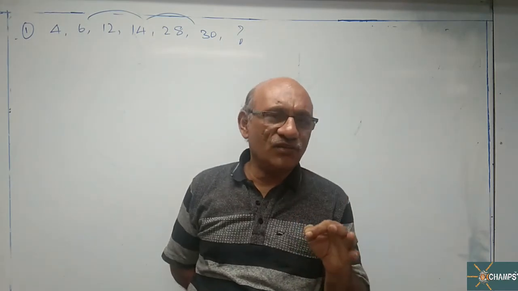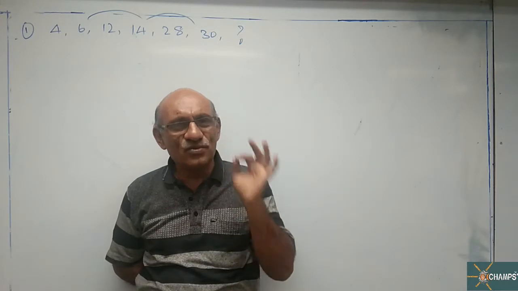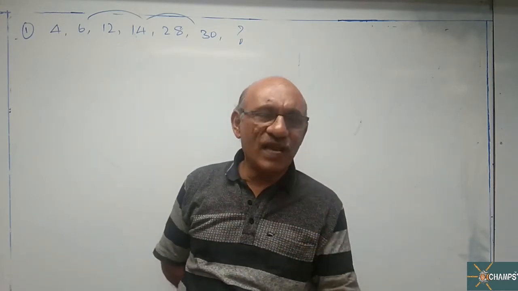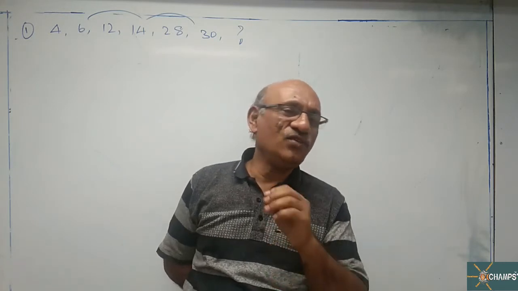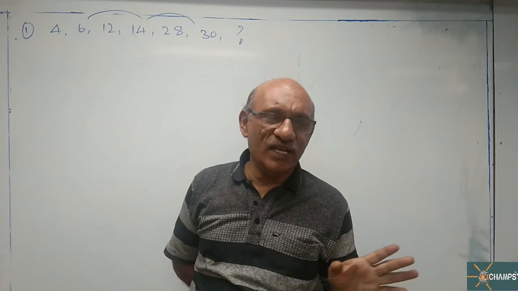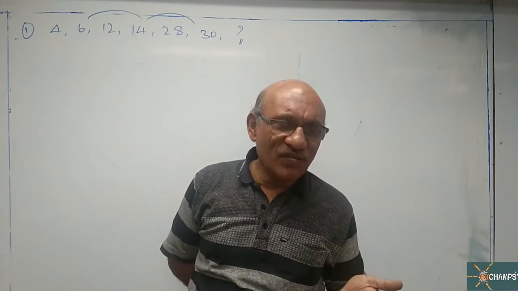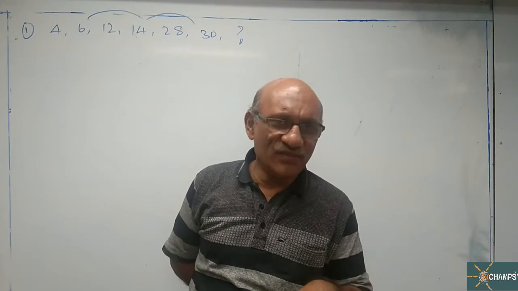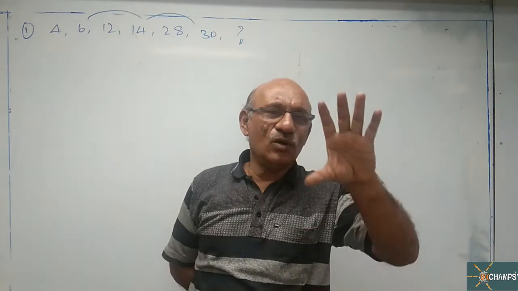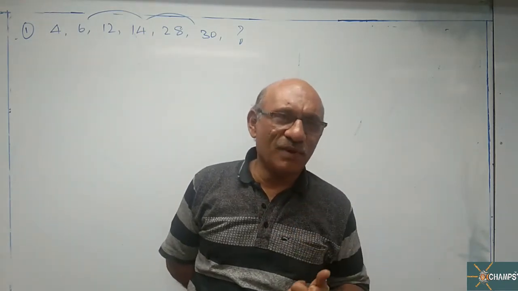As and when a question is given, think in this manner. Can I write the given numbers as a perfect square, the square of any natural number, otherwise the cube of a natural number? Otherwise, is it a factorial series? No. Is it a prime number series? No. Or yes. This way you have to identify. Eliminate some of the points and only a few points are left over. With them, let us do the experiment.